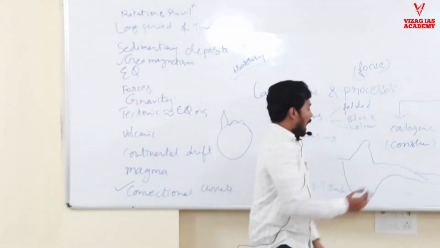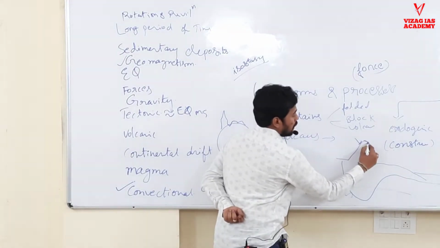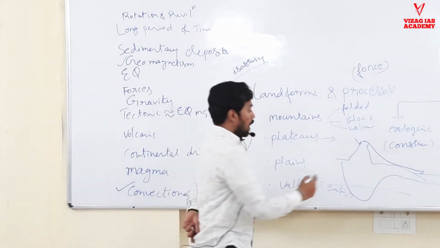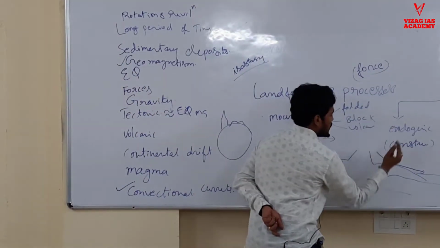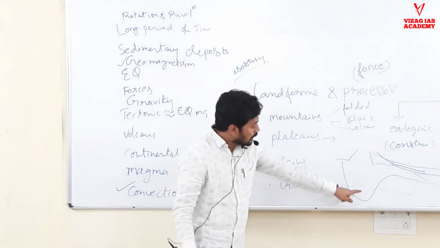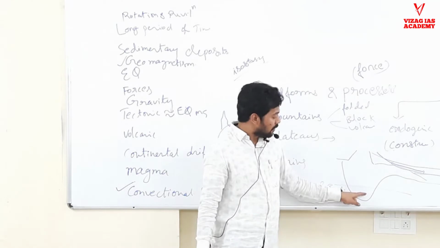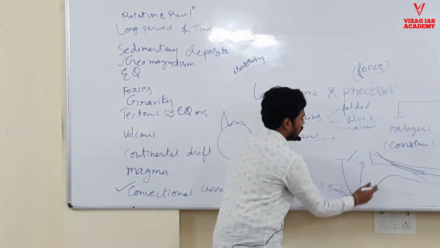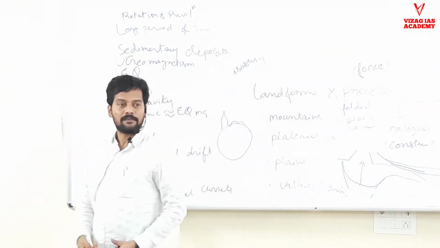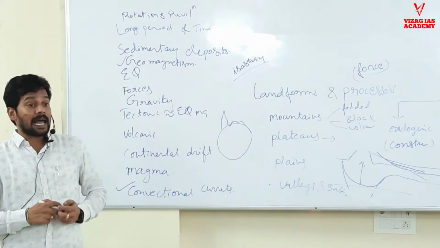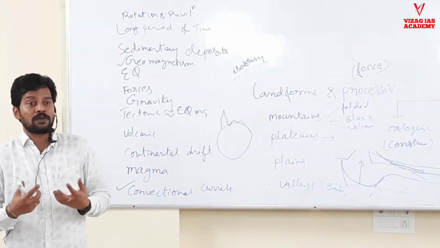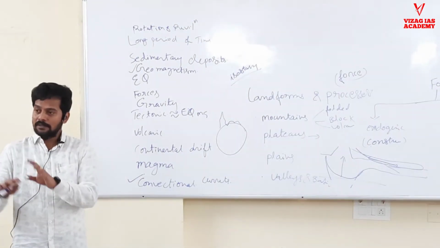That is a balance. And whatever erosional forces are happening, everything will come down. Depositional material, after some time this height will be like this, this will be like this. This material also will go there, this material will come up. This will not be this much height. How it is happening, that is what we will see. Why it is happening? The interaction between endogenetic constructive forces and exogenetic outside forces is what we are going to study.